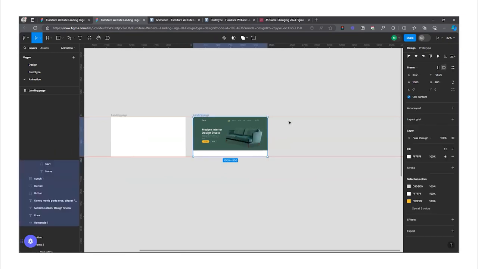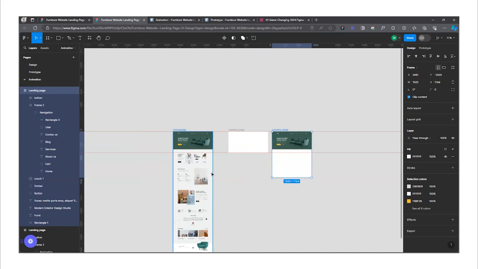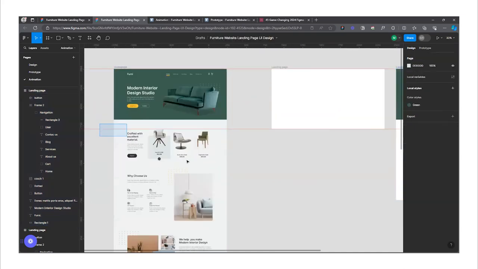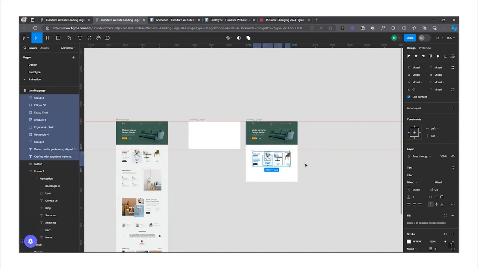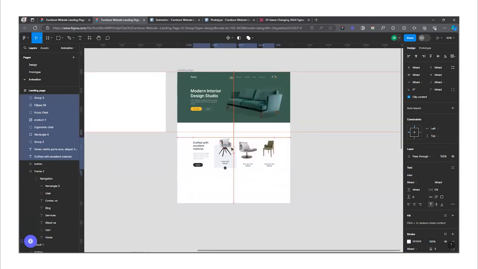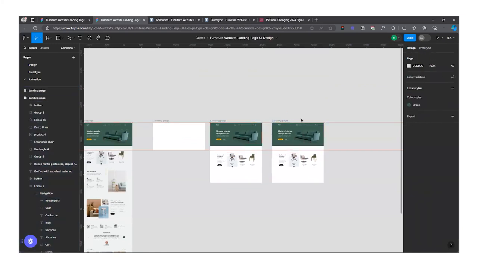So we're going to extend this, right? We want to animate the second section. So we want to animate this section. What I'm going to do is copy it and then bring it here. Then duplicate it, duplicate this screen. Remember,